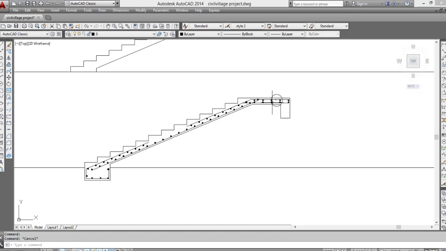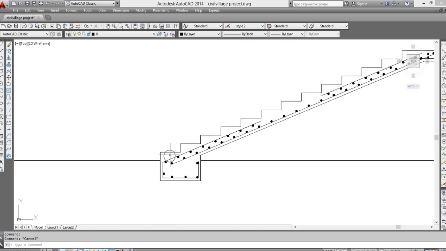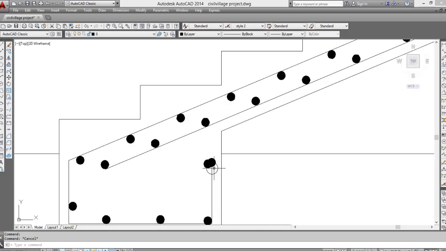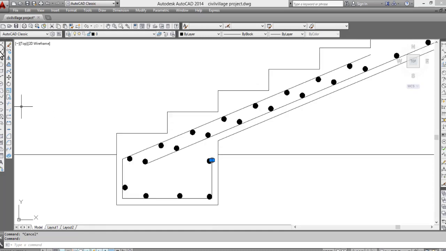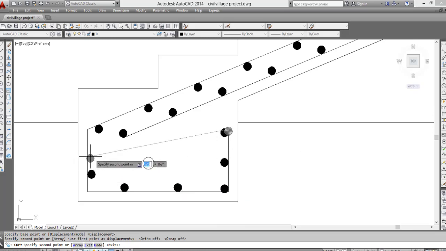So we've done with this distribution bar, but for here, what I normally do here for the foundation, I normally prefer enough reinforcement for it. So it's good to provide enough reinforcement at the foundation here. So I think the foundation here,